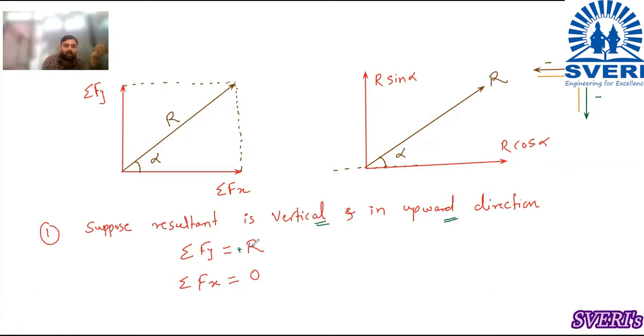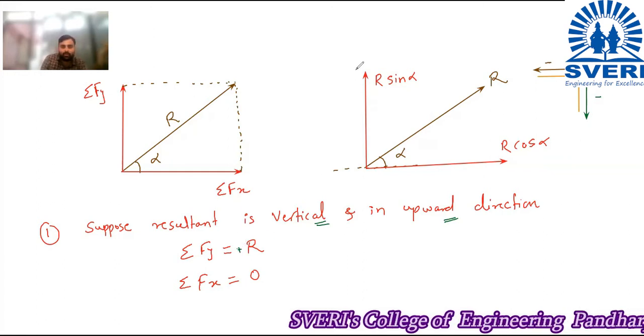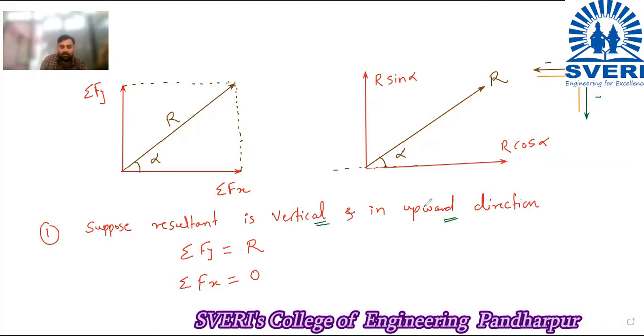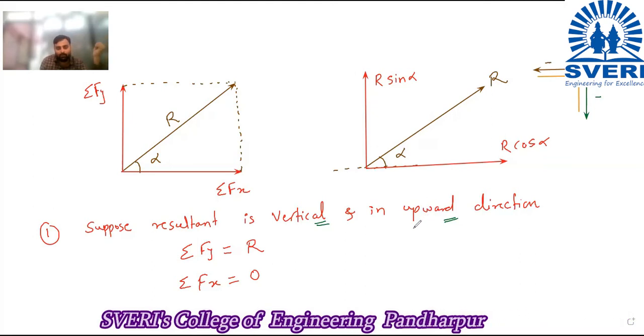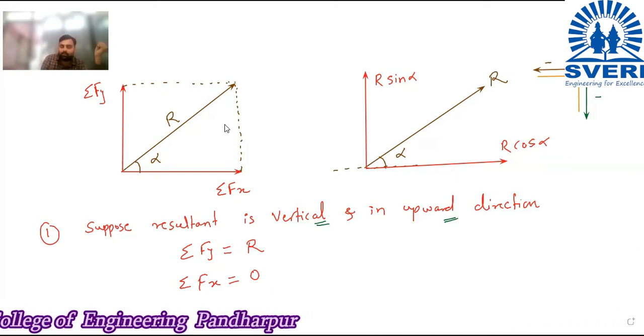Plus sign काय तुम्ही लिहिलं काय नाही लिहिलं काय काय फरक पडत नाही. So summation Fy is equal to plus R. Okay, so as it is mentioned, it is moving in upward direction. Okay, आणि मग हे कसं असणार आहे तर मराठीत एकदा सांगतो बघा.